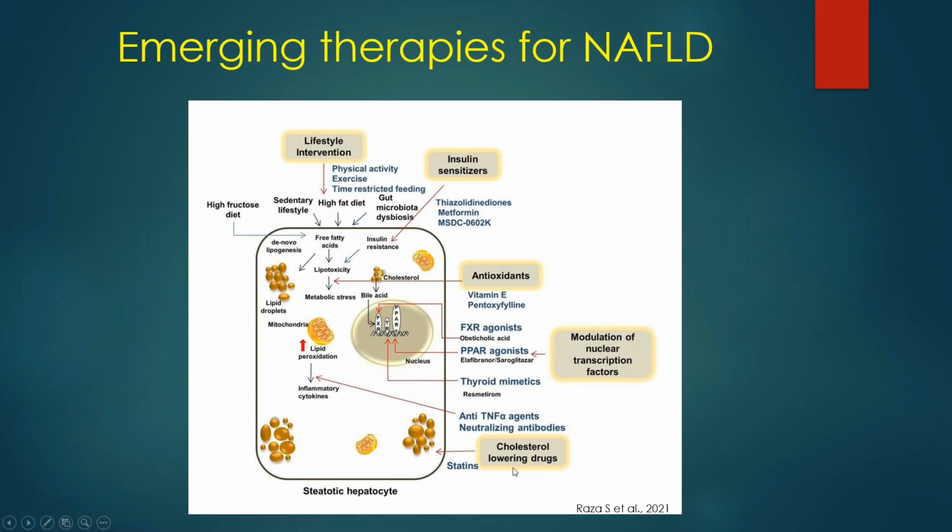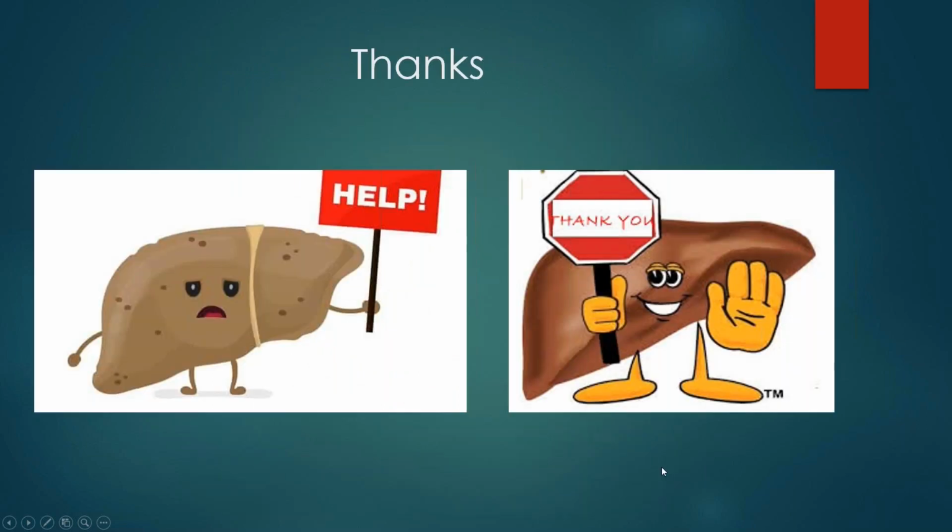And also cholesterol lowering drugs, because cholesterol also plays an important role in NAFLD progression. So with this, I'll end my slides, and hope you have realized and appreciated how much lipid plays an important role in normal physiology and pathophysiology. Okay, so with this, if there are any questions,